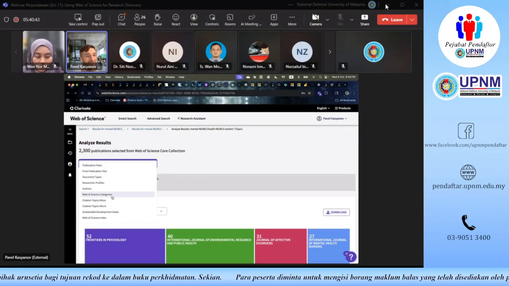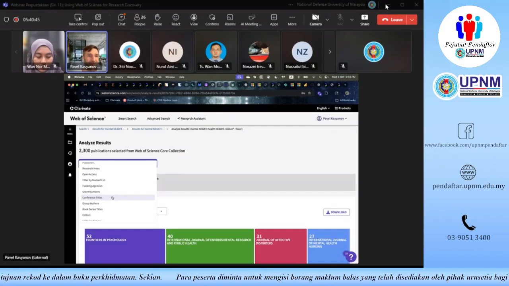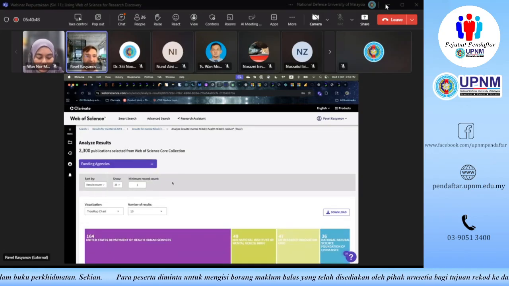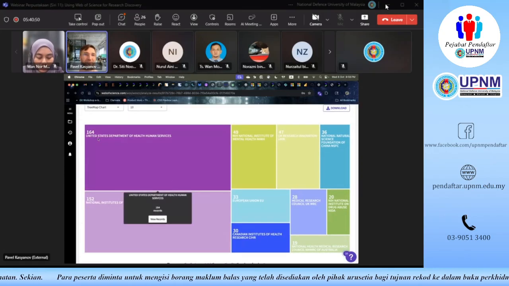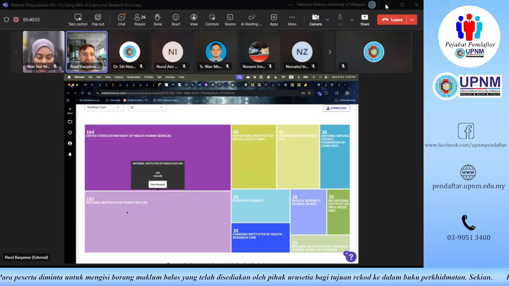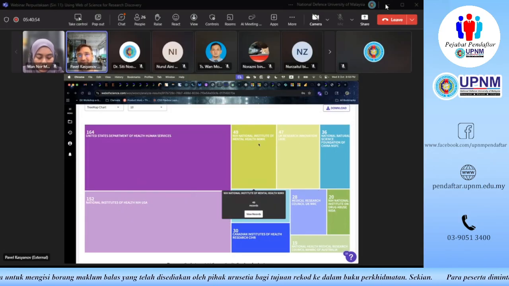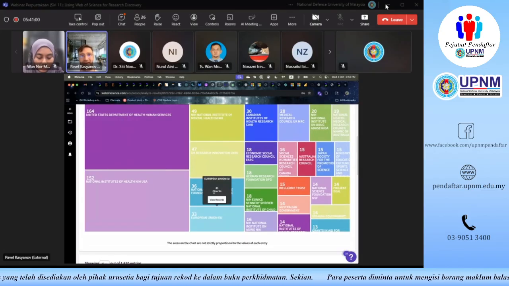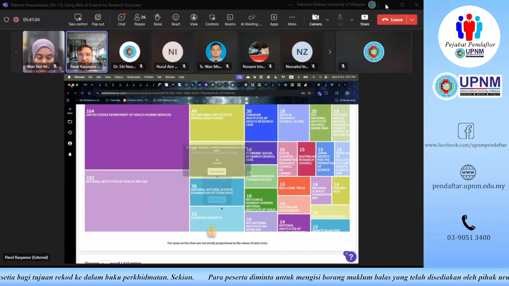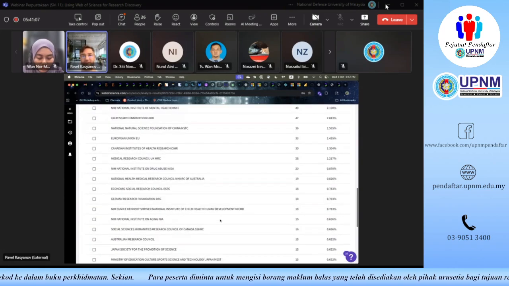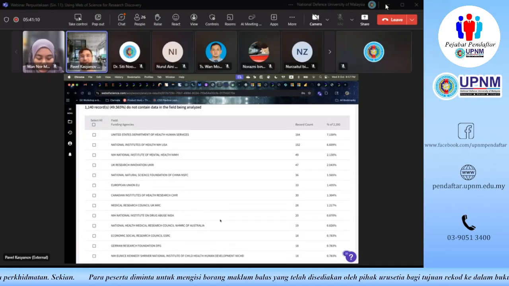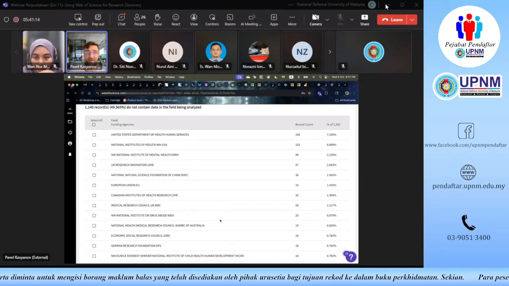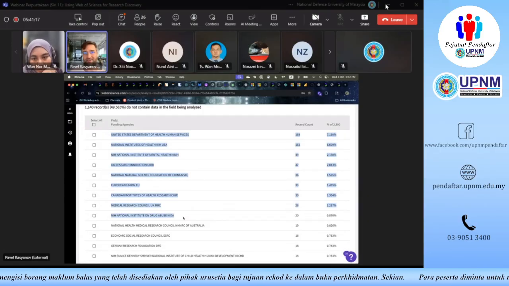And obviously, we can see who funds the research in these topics. So it's the United States Department of Health and Human Services, United States NIH, some of their specific institutes, and let's just select more. UKRI, Natural Science Foundation of China, European Union, etc. And you can see all of them right here. So those are basically the candidates. If you are conducting research in this area and you want to apply for a foreign grant, those would probably be your top candidates for that.